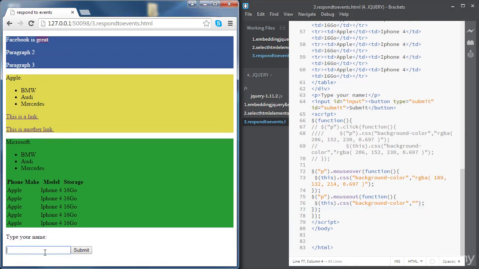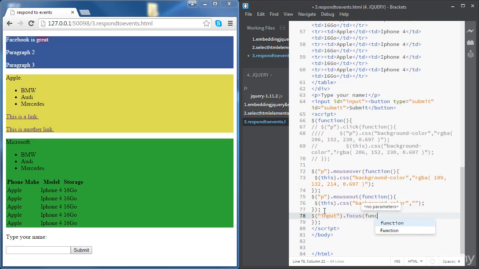Let's have a look at this input. We want to change the background color property of the inputs when it has focus. So we need to select all the inputs of the web page, and the event is focus. We are setting a function that will change the background color of this,